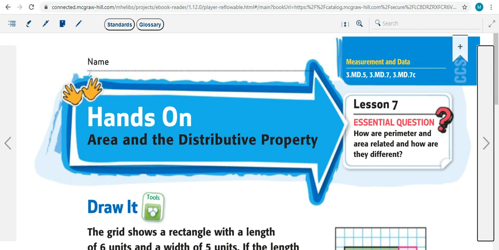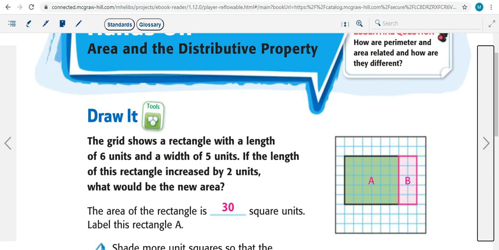We are going to work on lesson number 7 of chapter number 12. So please open up your math books on page 791. Area and distributive property. Now, the grid shows a rectangle with a length of 6 units and a width of